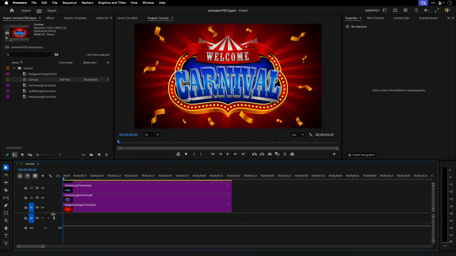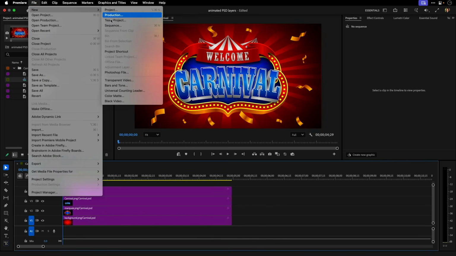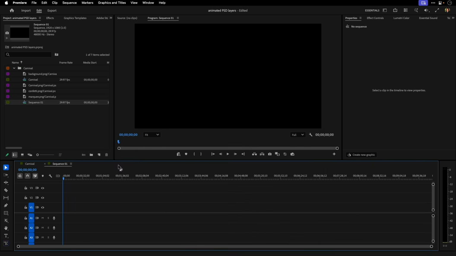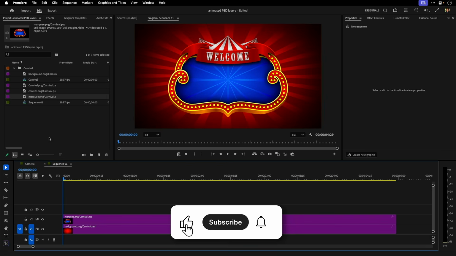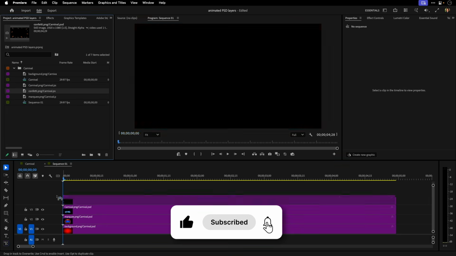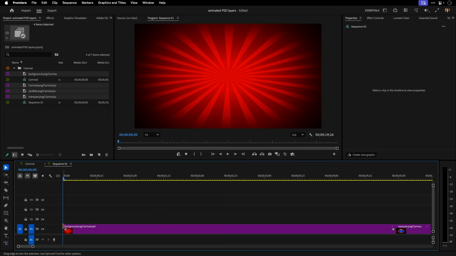Because I had Premiere import the layers as a sequence, it stacked them and gave each layer the default duration of 5 seconds. If I had opted to import the individual layers and manually create a new sequence by going to File, New Sequence, and confirming or adjusting my sequence settings, I would have needed to drag out each asset individually to stack them. Otherwise, if I had selected them and dragged them to the sequence, Premiere would have put them sequentially in the order in which they were selected.